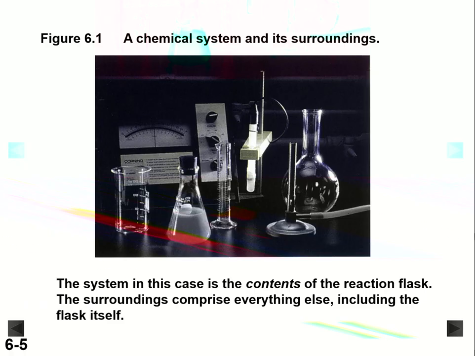So for example, if you're looking at a precipitation reaction, we think back to chapter 4, we remember learning about precipitation. You can take lead salts, iodide salts. We react them, we get lead iodide. Lead iodide may be the reaction that we're looking at, but the beaker, the air above the beaker, the entire surroundings of the lab, all the instruments that we're using, and even the solvent can comprise these surroundings.